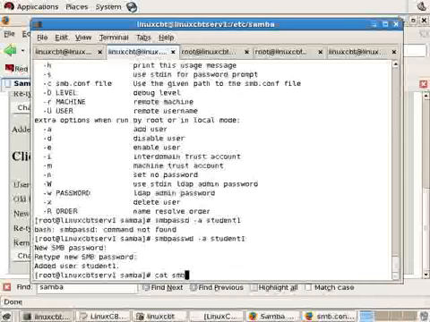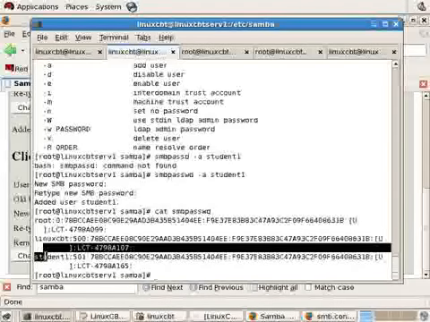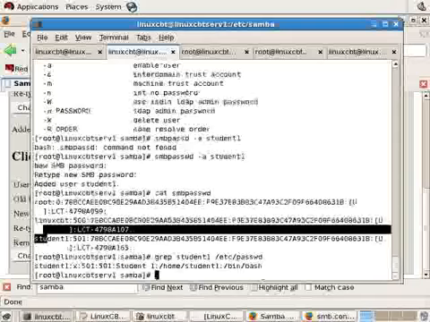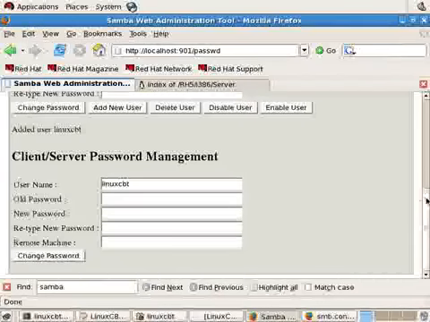And now when we cat the contents of smbpasswd, you'll see 3 users. And also, coincidentally, student1 has the ID 501. Let's grep again student1 from /etc/passwd just to confirm that, and there you see the user has 501. So the mappings are done purposefully. Now with that all said, we need to start the Samba server and attempt to connect